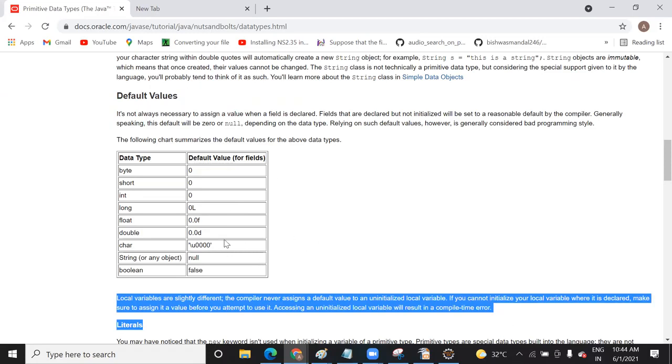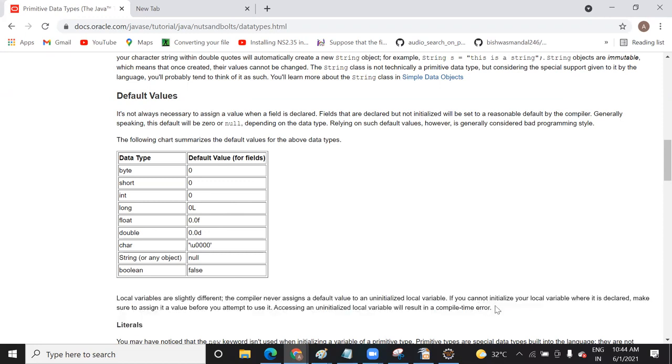If you are using a global variable, or two variables with the same name, one global and one local, then it might be initialized with some default value. And in the C language, it happens. If you do not initialize a value and you want to print it, it will assign a garbage value. You can try it in C language. Otherwise, I can show you in the next class.